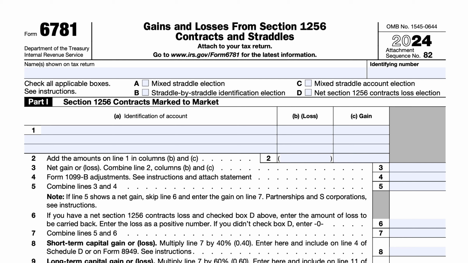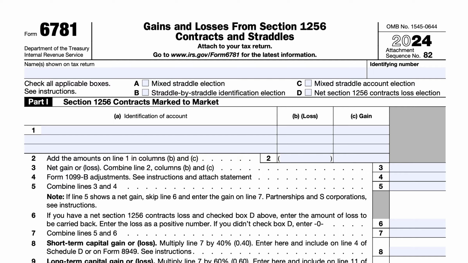Going over IRS Form 6781, gains and losses from Section 1256 contracts and straddles. So this is a tax form that you might need to complete and attach to your tax return if you have gains or losses from either Section 1256 contracts or what are known as straddles. And before we get into this one-page tax form, we're going to discuss a little bit about what each of